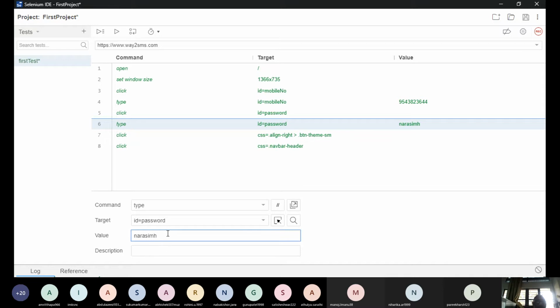So if I make a mistake here, if I remove that and then run, naturally what will happen? The test case will fail. Why will it fail? Because you have recorded with these particular variables only, with NARA, SIM, HA only. So if you make some change here, your test case will return fail, it will give you a red value. All these things will be in red, because you recorded Narasimha, but now you are testing it like this. Are you able to understand? I think they have removed that option in this version, but anyway, I hope you understood.